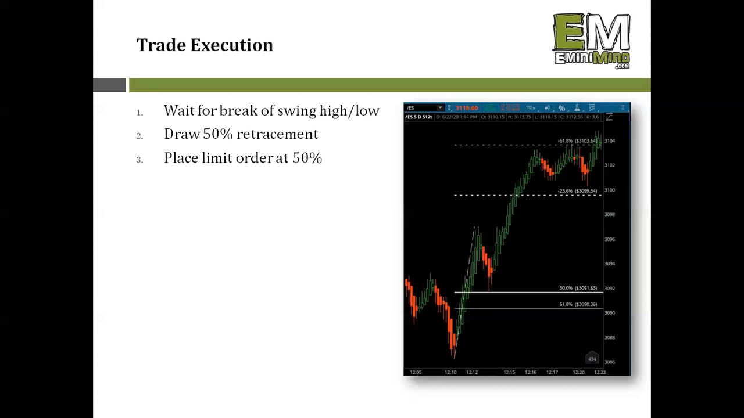I just find that the more I have to look at, and the more decision tree I have to go through to make a trade decision, it causes hesitancy. And you're on a time crunch when placing a trade and making the decision to place the trade, so anything I can do to speed that up is going to be beneficial. So I like to place limit orders. That way, once I draw the retracement, I know where the 50% is even before it gets there. So I can drop my order